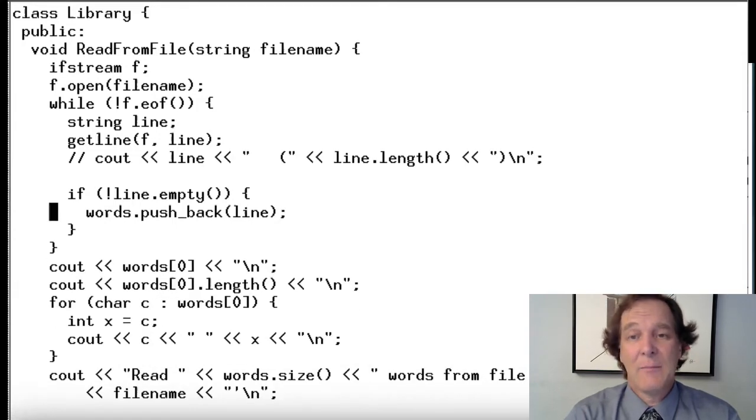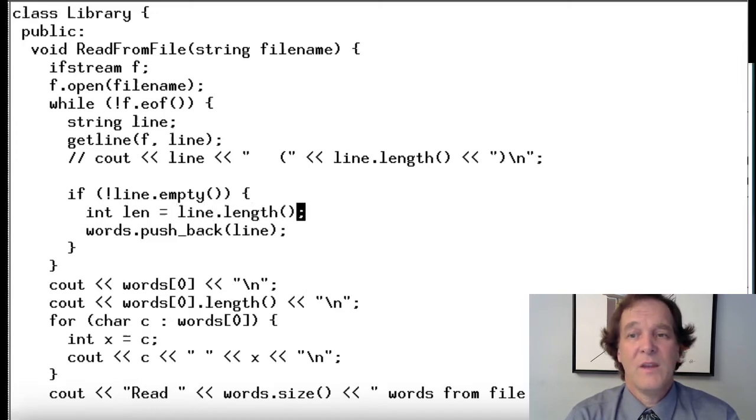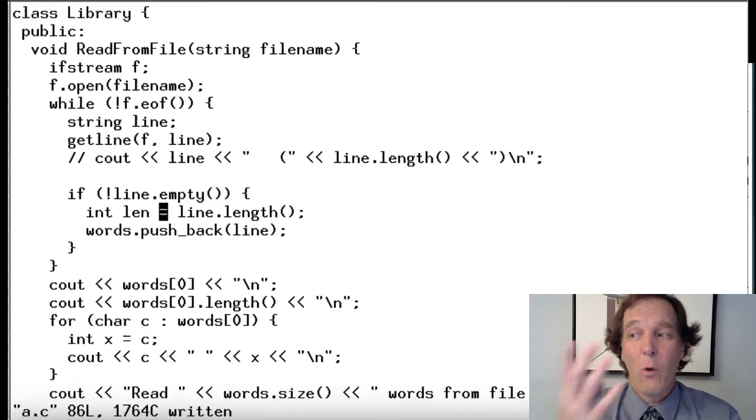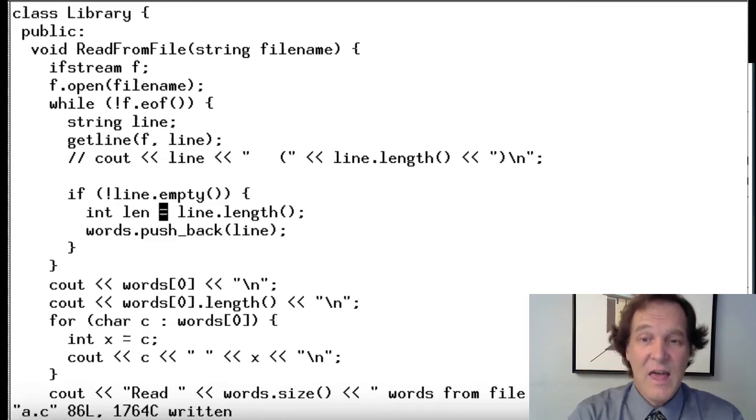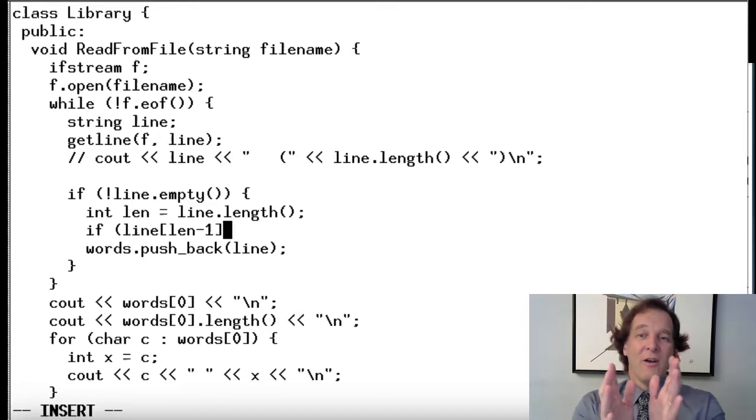So if the line's not empty, before we push the new word onto this list of words we've got, we're going to first get the length of it. So we know how to do that because we can say line.length, right? So now in this case, that's going to be the thing that's going to be 4 that we really thought was going to be 3. Then we're going to check with an if statement. If the line at this position, which is the last position in the line, remember, because we start from 0,